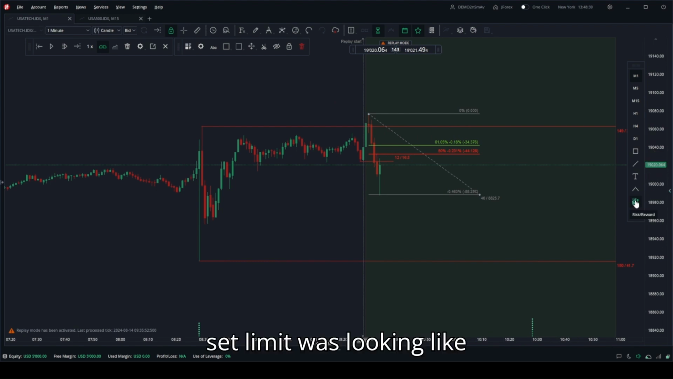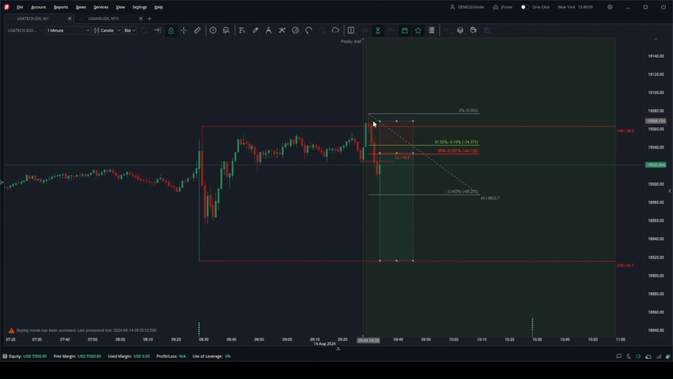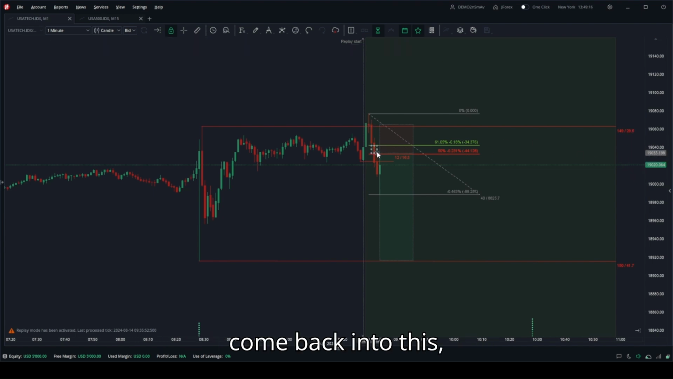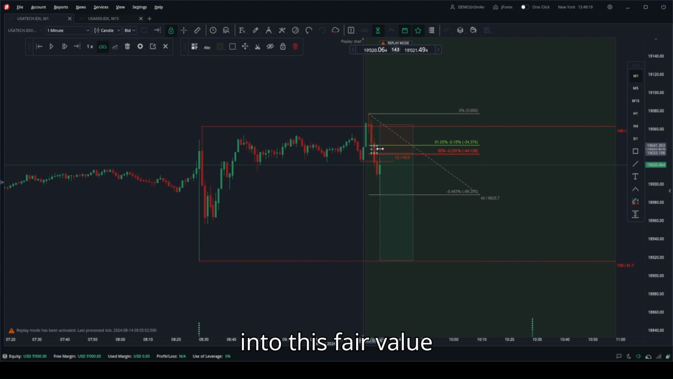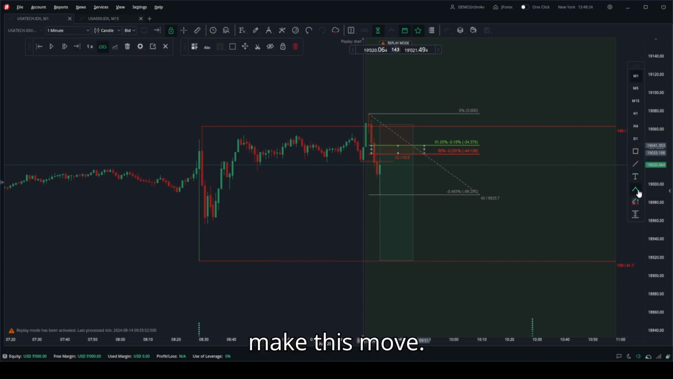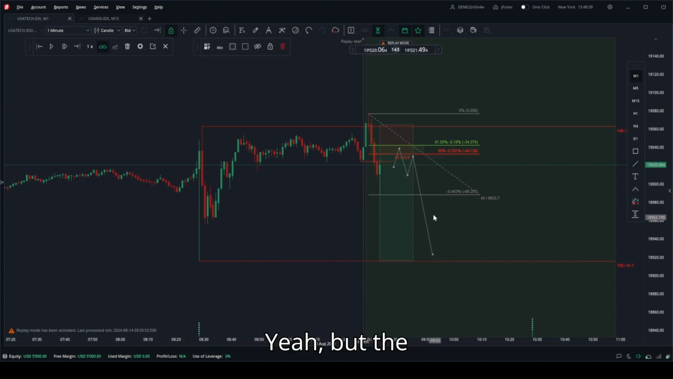Sell limit was looking like this, sell stop was looking like this, the stop loss was here, and I was waiting for the price to come back into this fair value gap right here, and then make this move. This was the move that I wanted. But the market didn't cooperate with me,